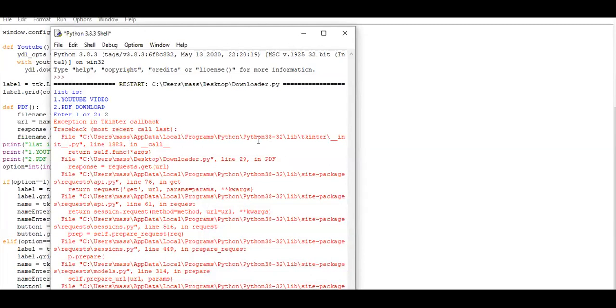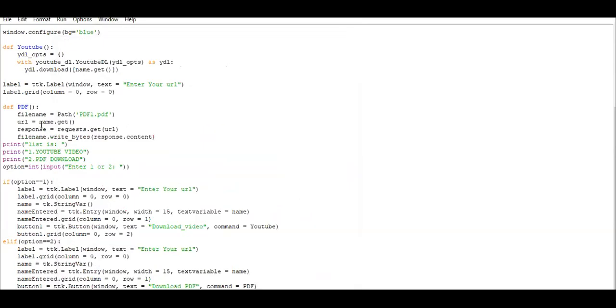This is the process of downloading with an app. I hope it is useful and you understand all the concepts. This mainly concentrates on how to start small projects in Python. If you take Python as your career, then you can start like this. Here, actually, the YouTube and PDF downloaders are each a small project. I combined them in Tkinter in a somewhat nice-looking manner.